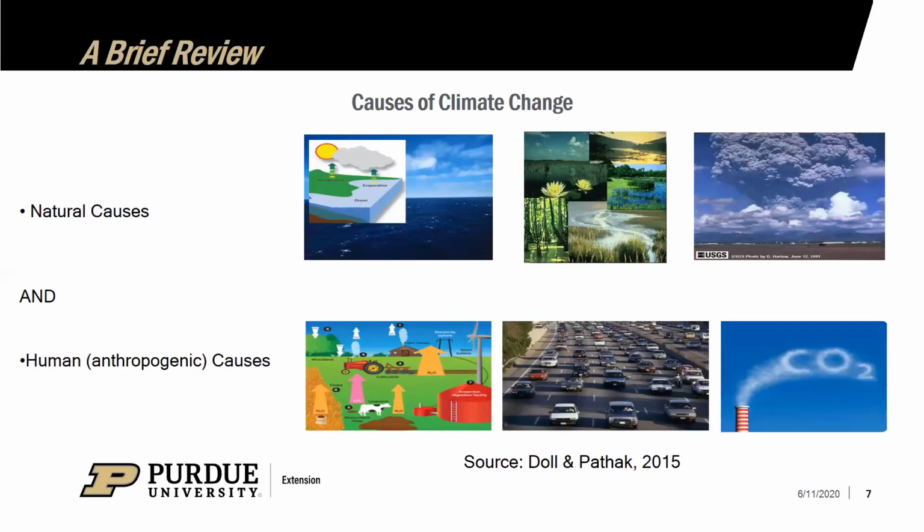So when we look at causes of climate change, we can divide that up into natural causes and human causes. The climate at any given location seems to be relatively stable, but it is ever changing because of its dynamic nature and many components. And so we talked about the natural causes and then also the human or anthropogenic causes. For natural causes, any given natural activity that emits greenhouse gases into the atmosphere is categorized as these natural causes. So examples here of those are